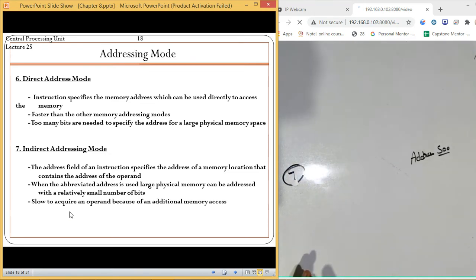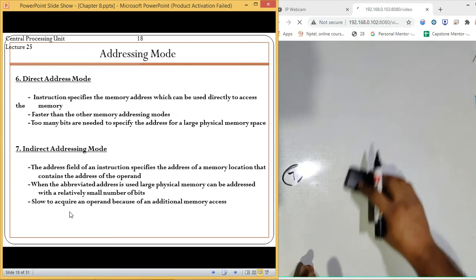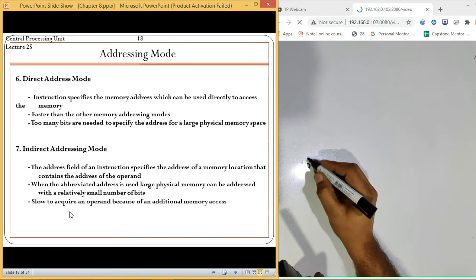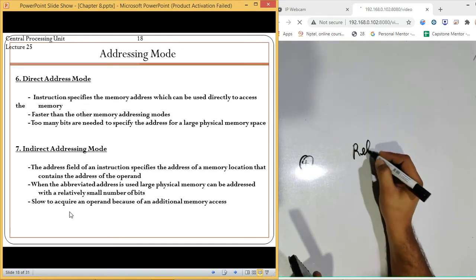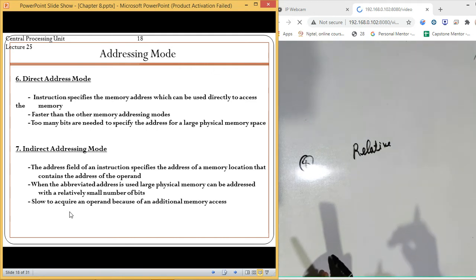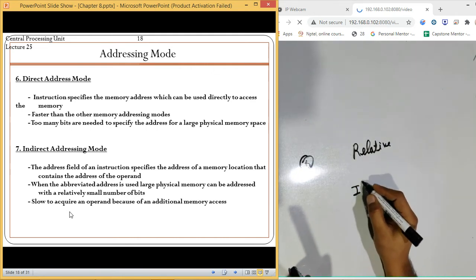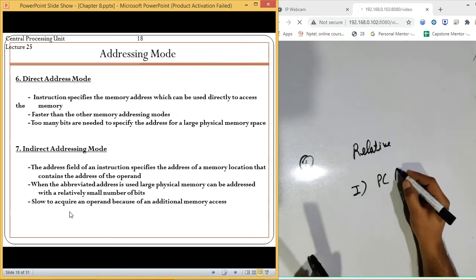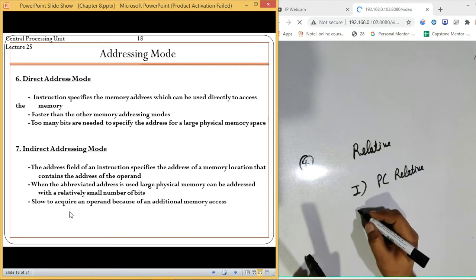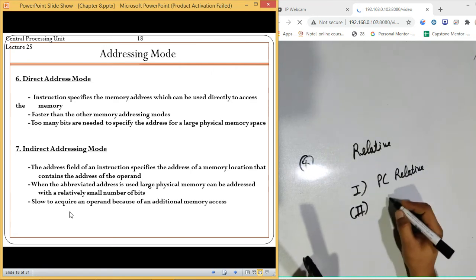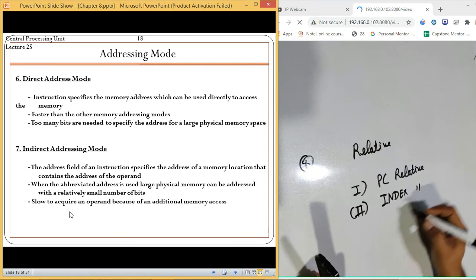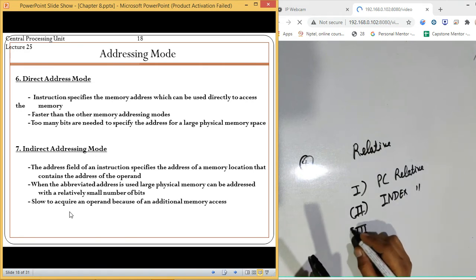Now next is the last type of address, which is relative address. In relative addressing, we have three different variations. First one is PC relative, second one is index relative, third one is base relative.